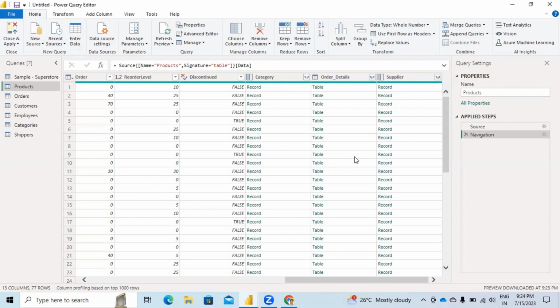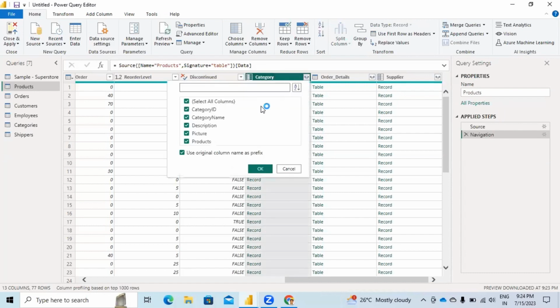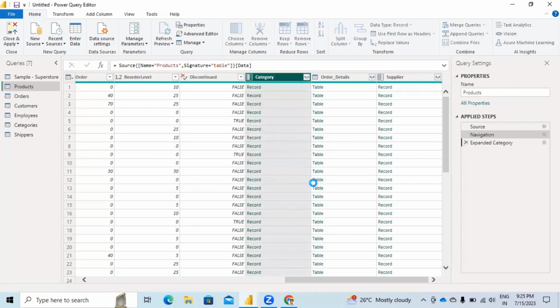You need to expand it to display the particular data. So here is the option. Just after the category, you have a double-arrow, or you can say two-way button here. When you click on it, you will find what is inside it, right? So these are the category ID, category name, description, picture, products. So just do this,